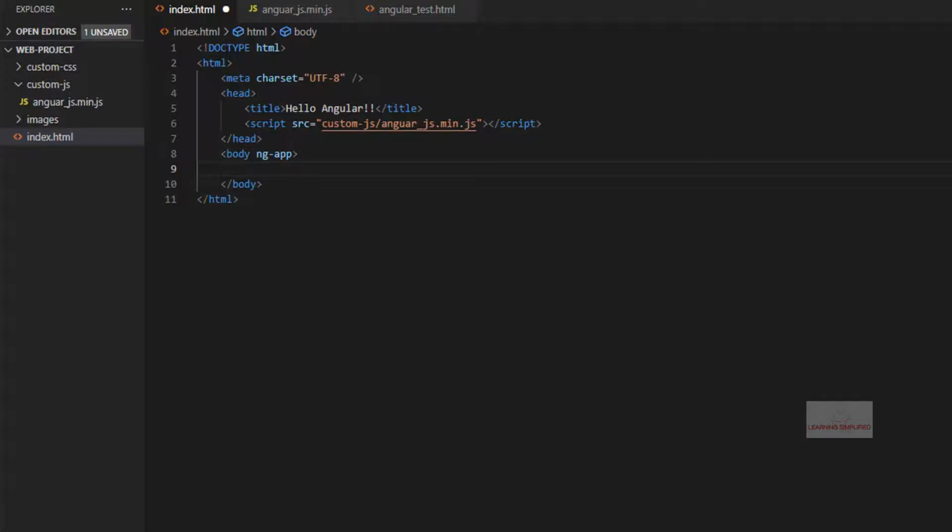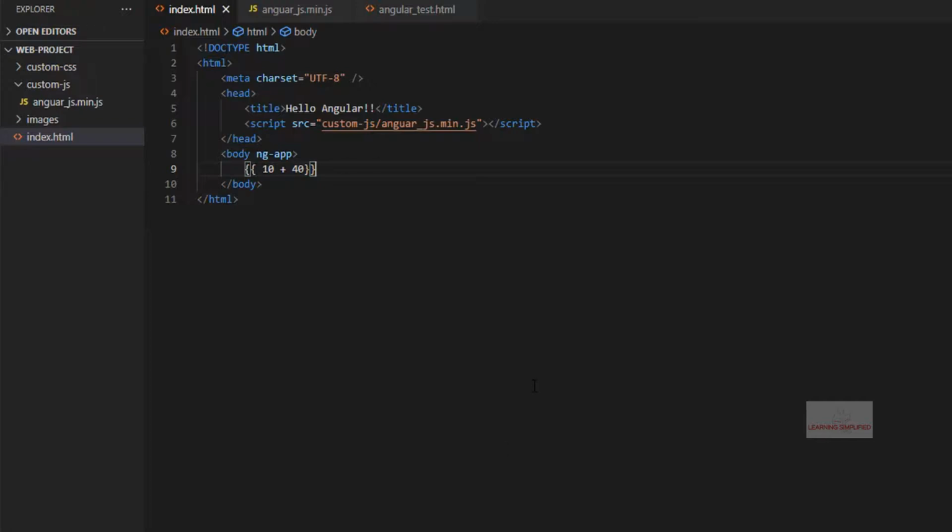So within this structure, all we are going to do is use two back-to-back curly braces. All these curly braces are practically representing an expression that we are about to use in our project. So inside, if we now write something like 10 plus 40, what is the outcome of 10 plus 40? It is practically 50. We haven't done anything else here. We are just going to write an expression.